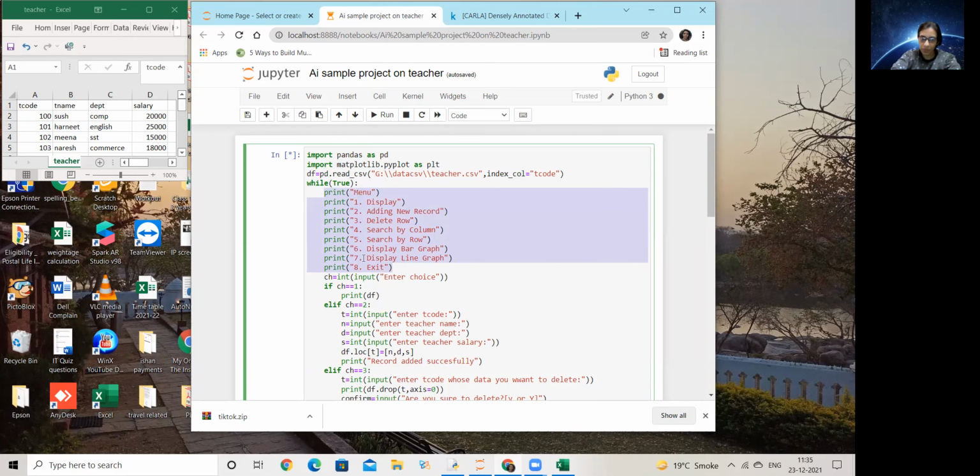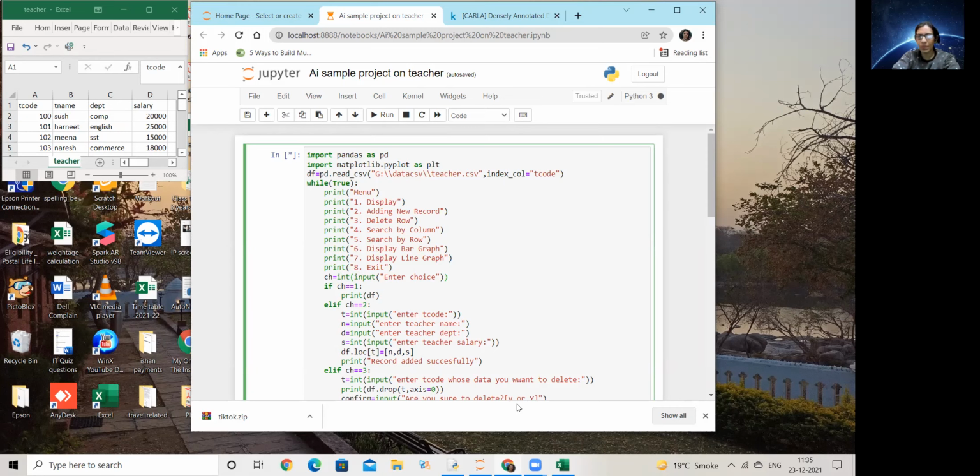Now, when I have displayed this, I will ask for a choice. This is ch because I'm used to giving the variable name ch for choices. It can be any variable name. It's just a variable name. Int because I expect the user to enter 1, 2, 3, 4, 5, 6, 7, 8 only. I don't expect them to write anything other than that. Of course, I'm not doing validation checks here for the case where the user enters anything else, so that your program handles it.